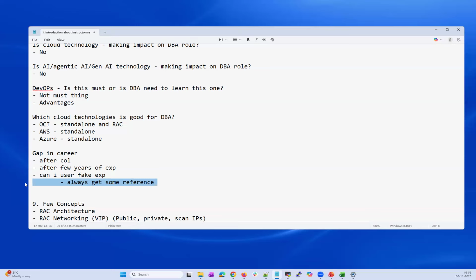Right, so that is your migration. Your database is currently running on-premises, in your local data center, where you have servers and the database running, and you want to migrate your database to cloud. Any cloud, be it OCI or AWS or Azure.